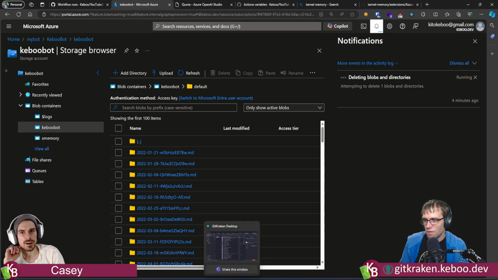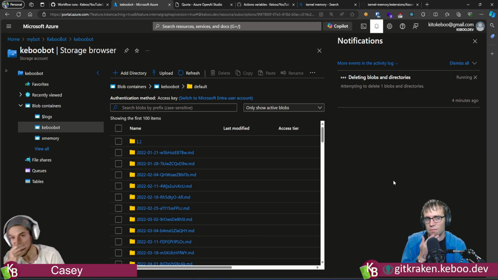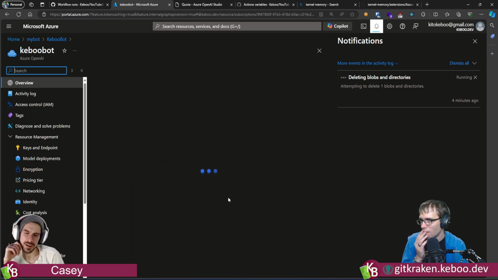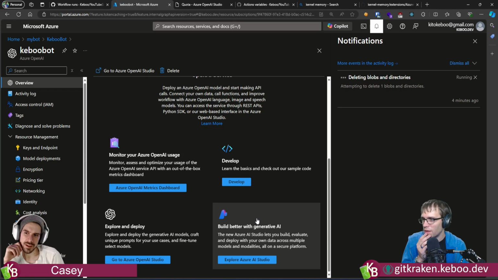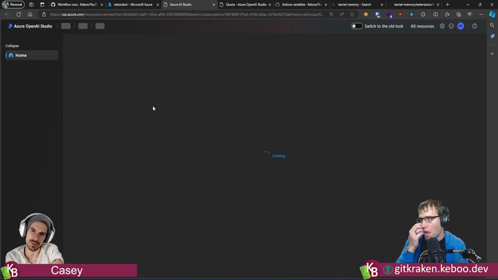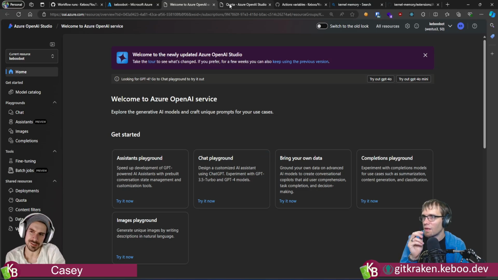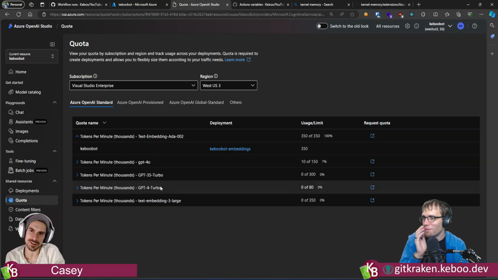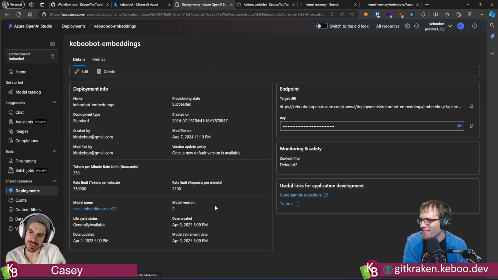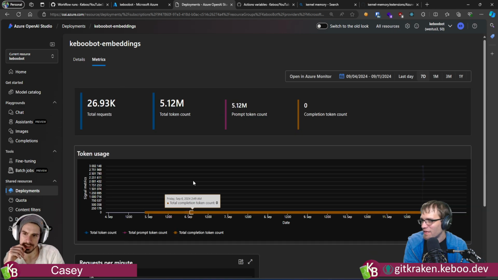What I would actually want to see is, back in OpenAI Studio, go to the metrics again. By metrics, you mean open the Azure AI Studio? Yeah, it was your next tab over. Go to your deployments again and go to the embeddings one. You're already there. Go to metrics.